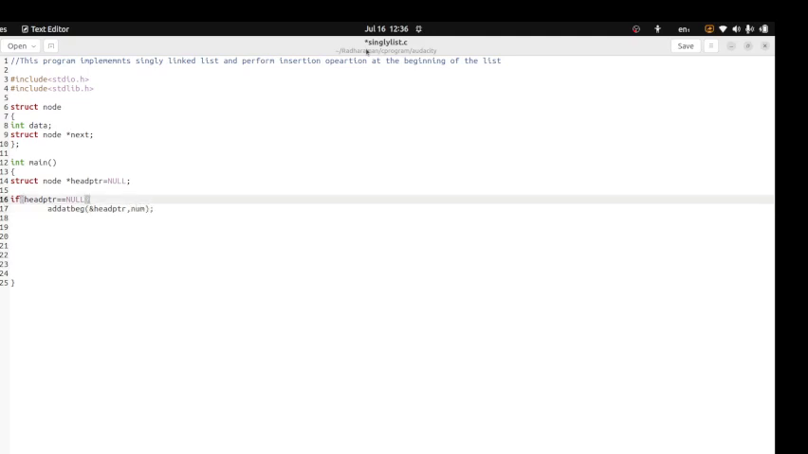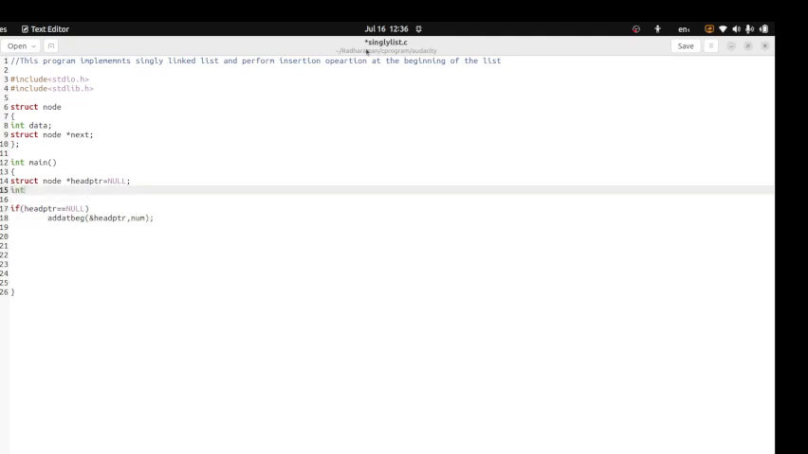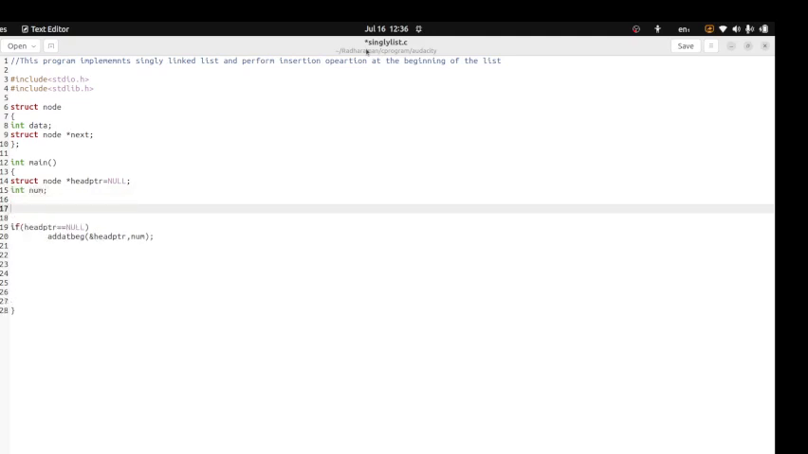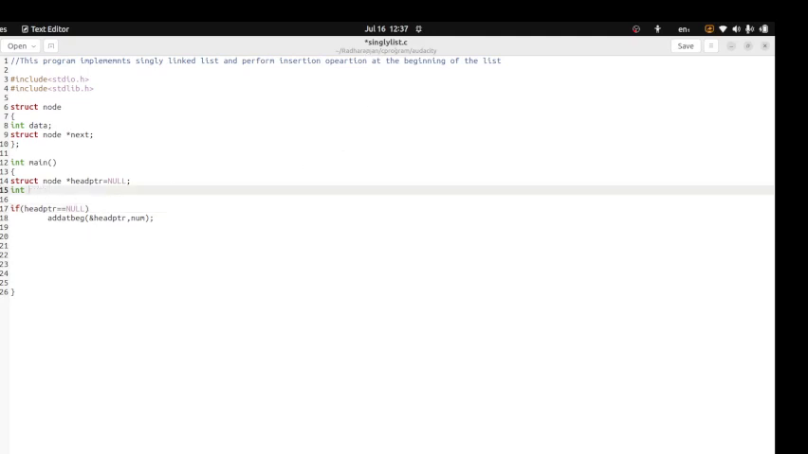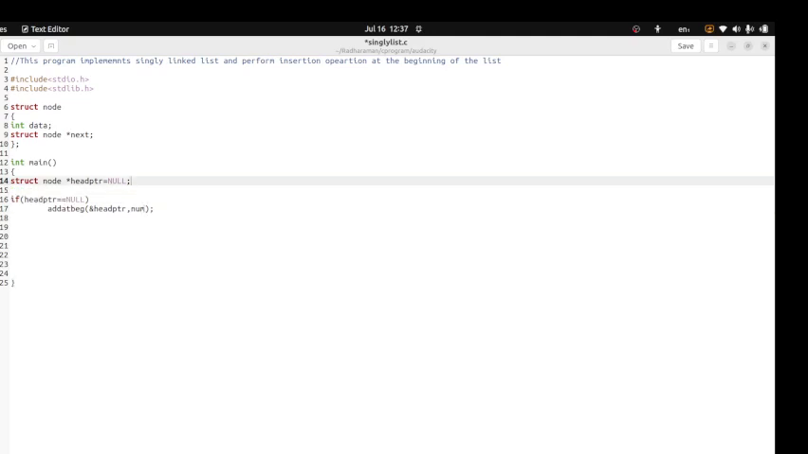Suppose now there is an integer value that will be entered by the user. So this value will be inserted. Now, initially suppose I am storing the value 10 in the list. So this is equals to 10. So if head pointer equals to null,